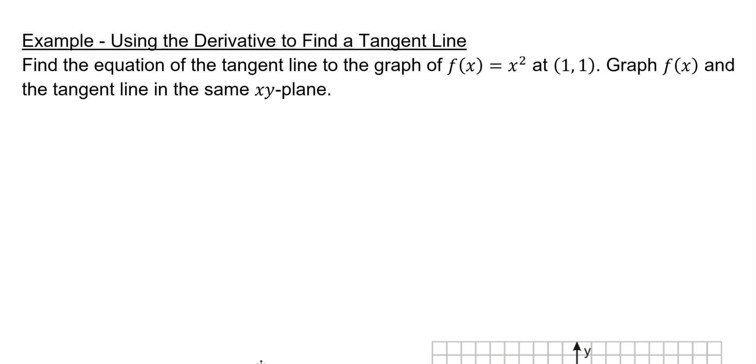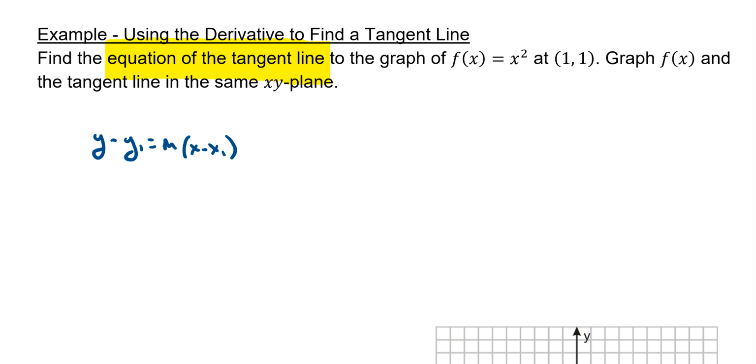Okay, we can use this technique to actually go one step further, and we can find the equation of a tangent line at a certain point on a curve. So anytime you're trying to find the equation of a line, almost always I should say, you're going to use the point slope form for the equation of a line. The point slope form is y minus y1 equals m times x minus x1. And anytime you're trying to create the equation of a line using the point slope form, you need exactly what it says. You need a point, which is x1, y1,